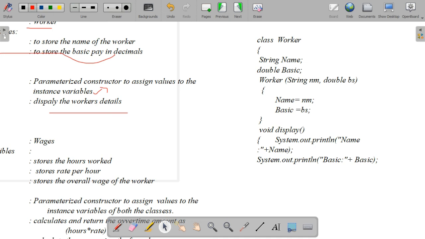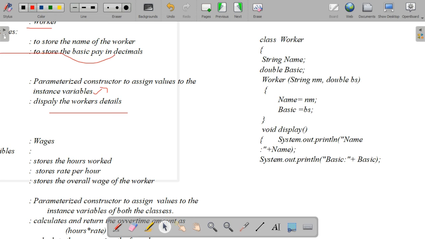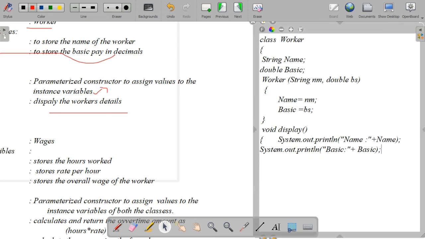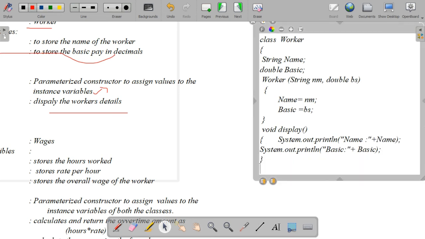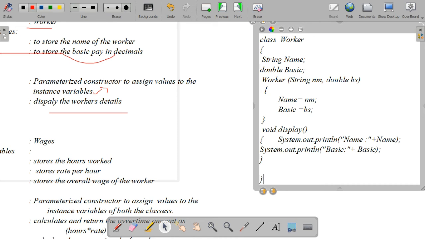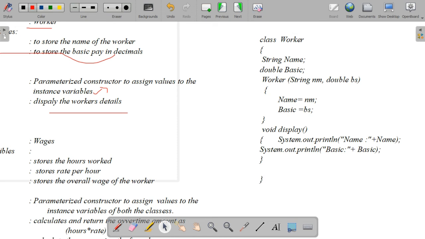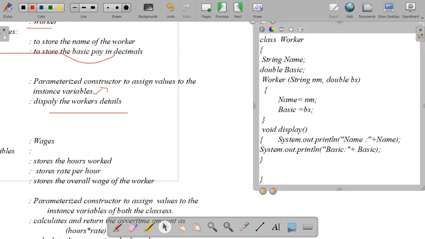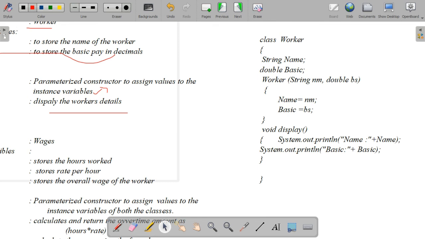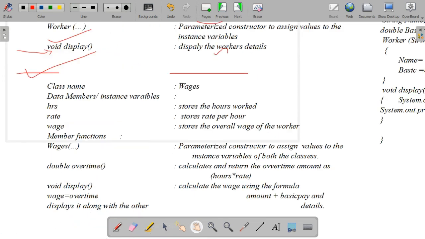What is the next class? You can see the first class, the base class, has only one constructor and one method, and the same we have written in the program. The next one is the class named wages. That is the subclass. How do you write a subclass? You know that.